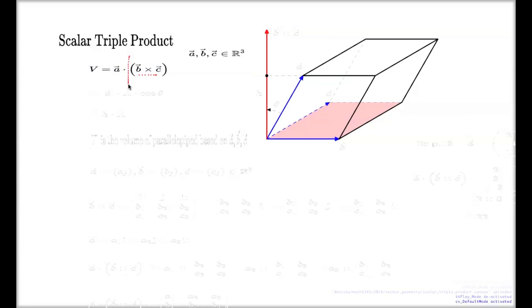So this bracket returns a vector which you can dot product with another vector. As a result, you will come up with a number. That's a number which is called the scalar triple product. Computing that number,